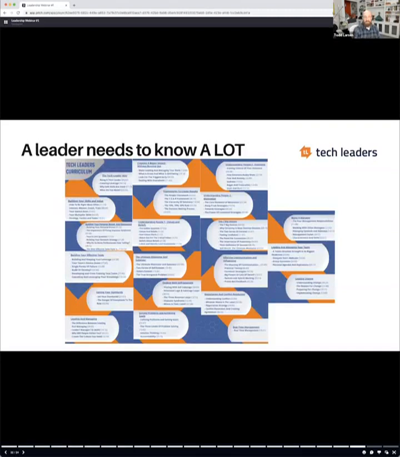At the end of the day, we know that a leader needs to know a lot. This is just a really ugly snapshot of all the content that we have in the Tech Leader program for the new skills that we need to be tech leaders. There's a lot here, and none of this stuff is on Stack Overflow. None of this stuff is taught in computer science programs. None of this stuff is taught in code boot camps. Yet we need to know all this stuff to do well on the job as a leader or manager. This is a lot of the stuff I had to learn the hard way through trial and error. We want to help you speed that up, make that learning curve a little bit flatter.